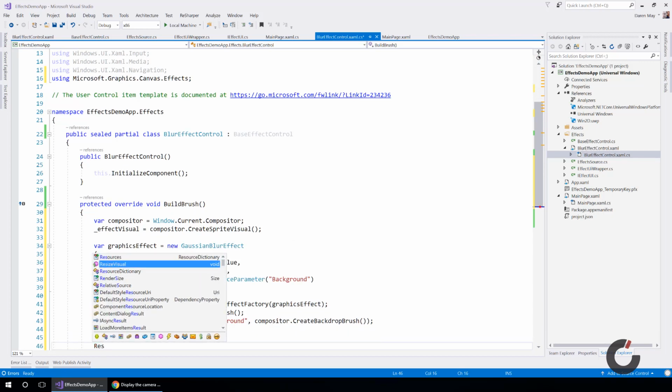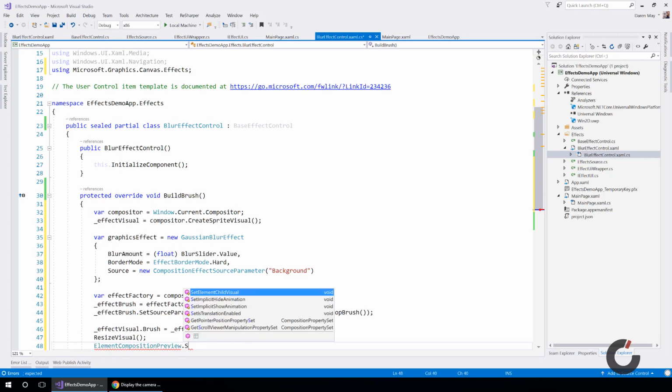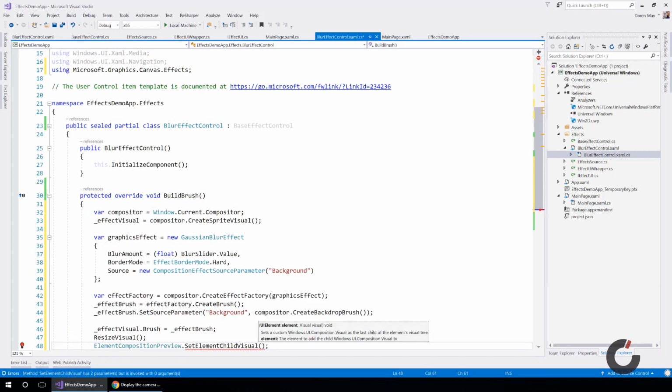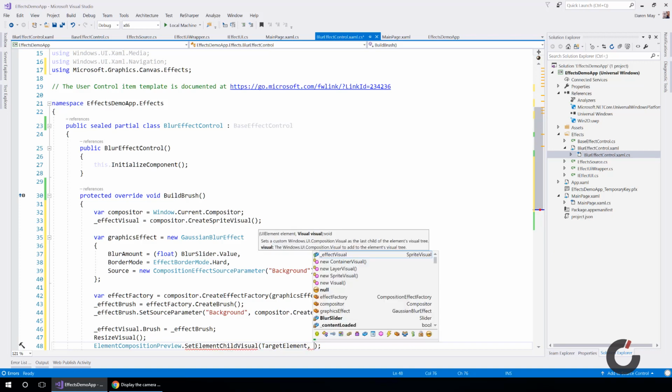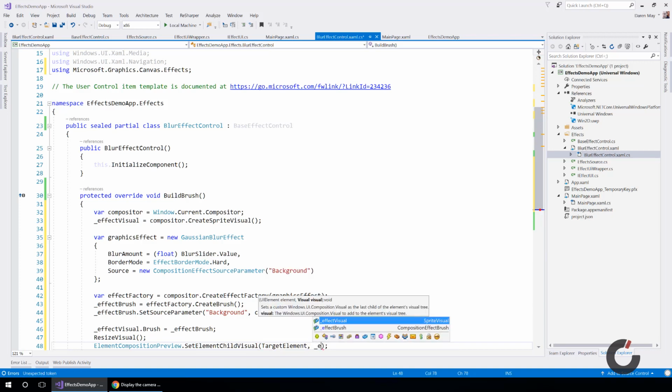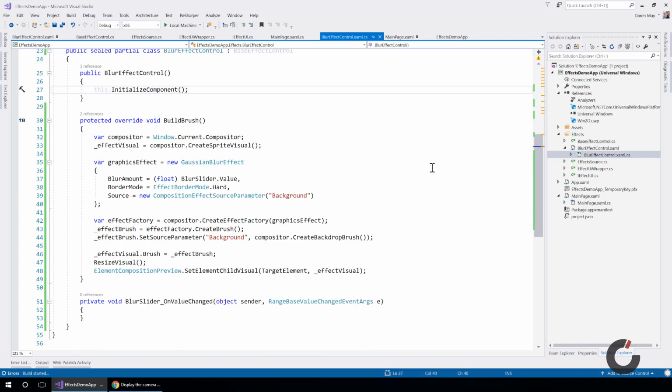We're going to remember to hook in Resize Visual. Remember we implemented that in our base class so that we have it available to us. We then use element composition preview to set the child element, or child visual I should say, and this is going to be targeting our target element that we passed in when we actually created the instance, and we're obviously adding our effect visual to that. So if we run this,